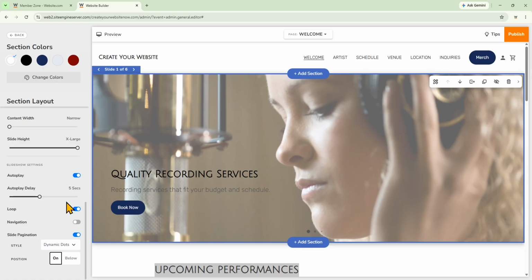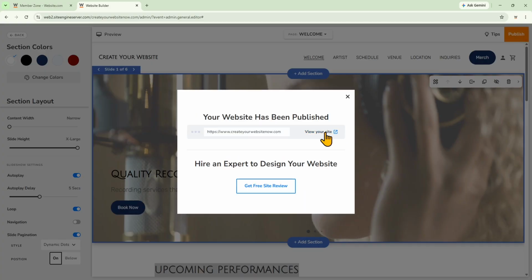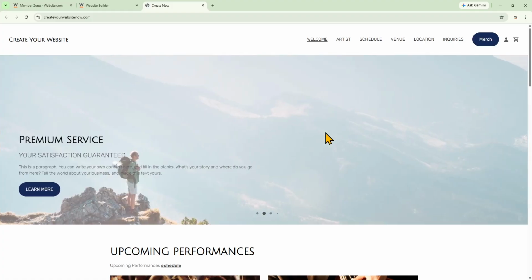So this slideshow can add some excitement and originality to your website design. And especially for a top section, the text and media slider can be a great option, or a show-stopping portfolio or case study section further down your web page. So let's publish this. And let's go ahead and visit the live site. So here is the slider. You can see how it will look on the published website.